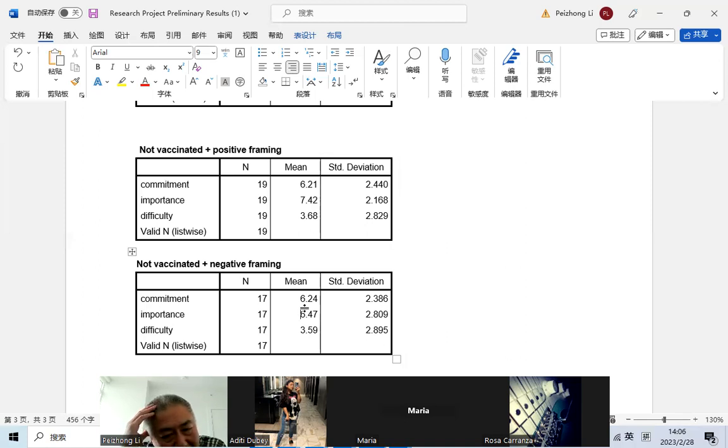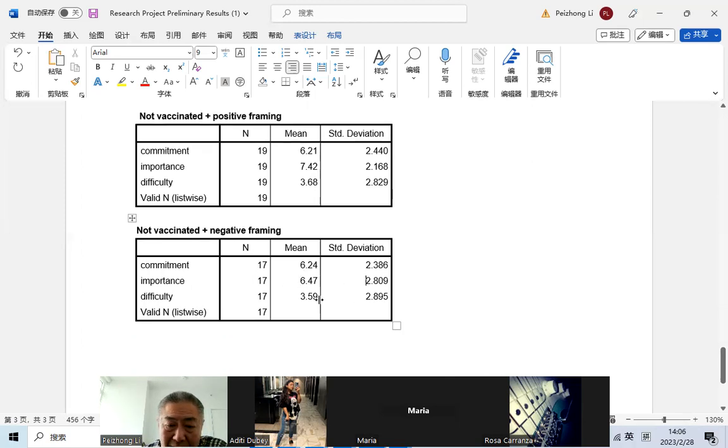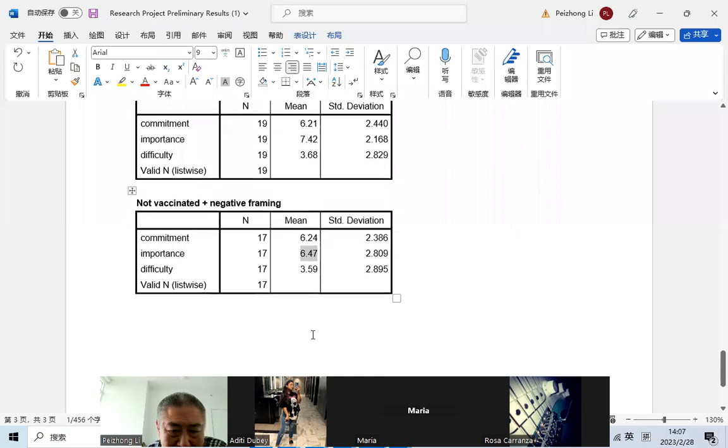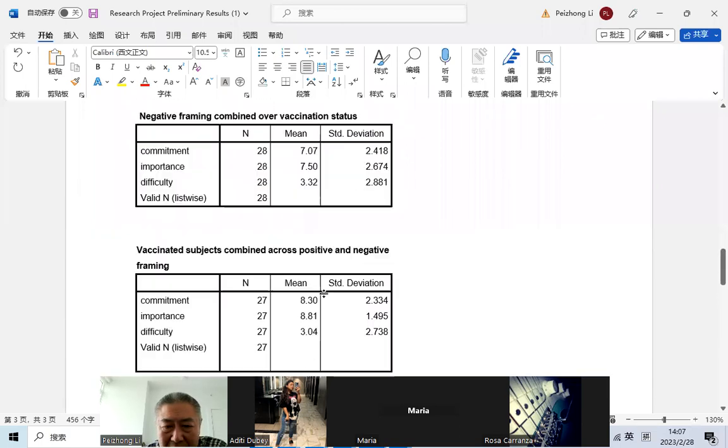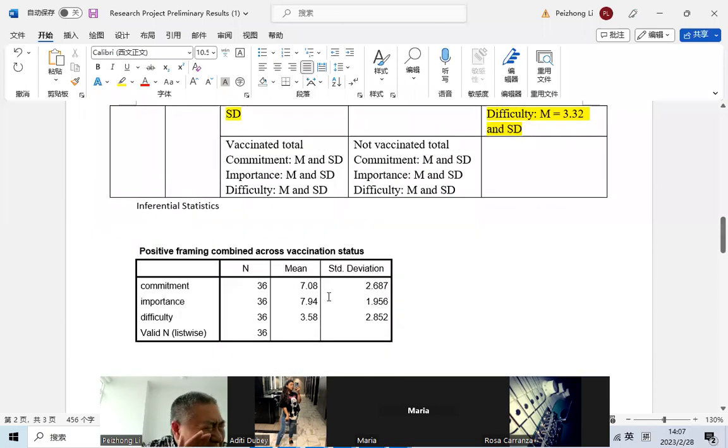So yeah, it doesn't seem to be supporting my prediction fully and unequivocally. The data just doesn't support the hypothesis very strongly. Although this one looks really promising, we will have to look at whether this is significant or not. So that's part of the data analysis. We took care of the descriptive statistics. Next time, we're going to take care of the